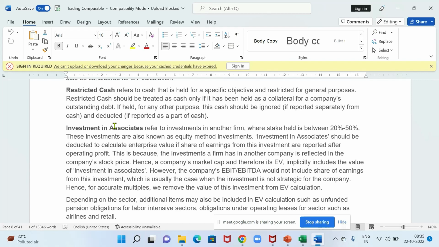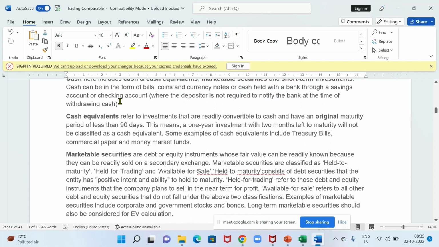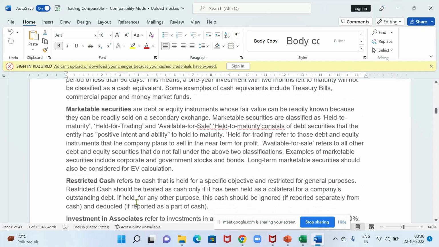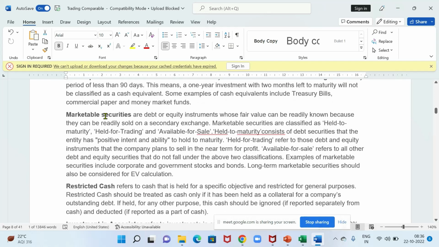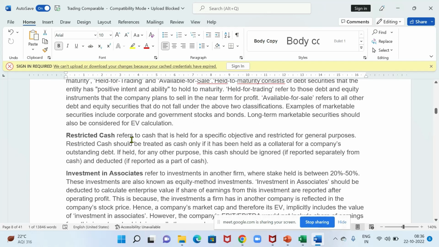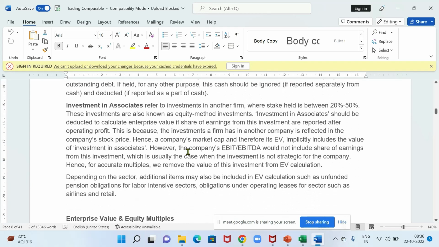suppose I have drawn 100 million from a credit facility, and 20 million is parked as restricted cash. So net withdrawn is only 80, right? So I have to only factor in 80. So I have taken 100 in my total debt. So remaining 20 I have to exclude as my cash and cash equivalents, because at the end it's my asset. So hence I am excluding 20. However, if this restricted cash is not held against any debt, I will not include.